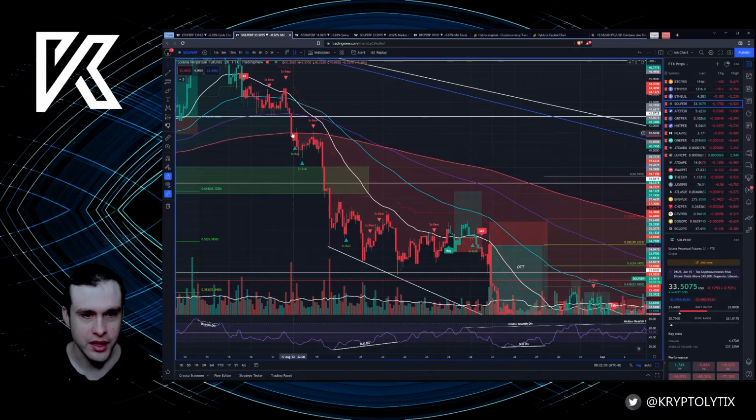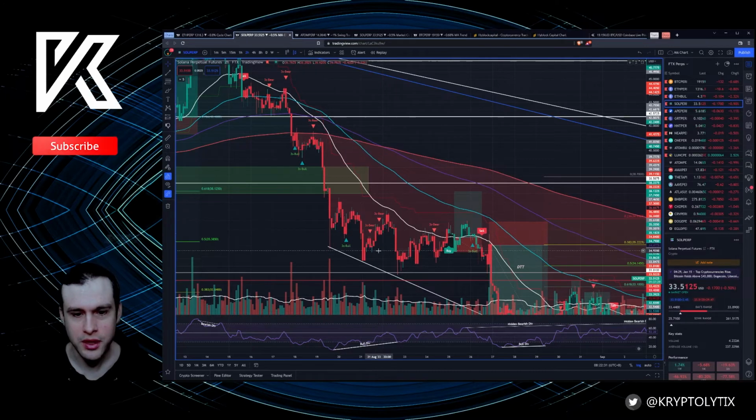But something like a 3-line strike off of a 200 period could be a re-entry if you did take profit here. So if you took some profit here, then maybe re-entered here. Again, 3-line strikes off of significant levels are very powerful, essentially. If they're in the middle of nowhere, they don't really mean much. Like for example, here, kind of in the middle of nowhere. Here's kind of in the middle of nowhere sort of deal, but off of moving averages,